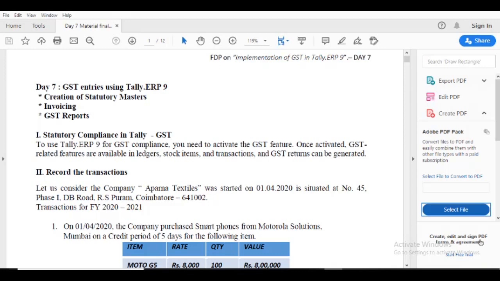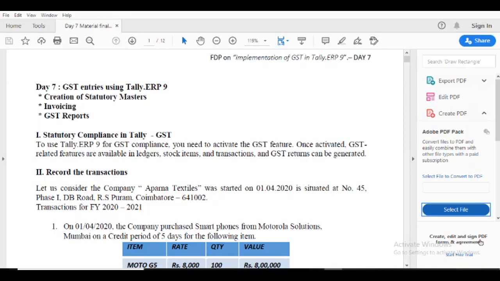The title is GST entries using Tally ERP 9. It covers various areas like creation of statutory masters, how to do invoicing with the GST details, and the GST reports also. Finally, apart from your syllabus, we discuss the online return filing.